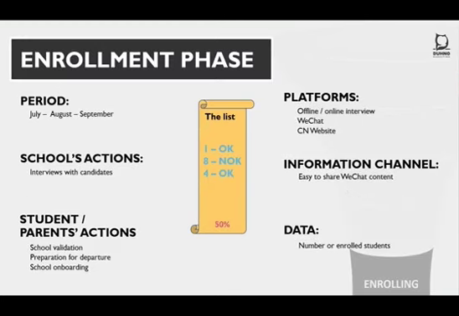Enrollment phase, the last one. So this is something that is already a bit out of the marketing phase, but we wanted to highlight it because there is still some interaction at this level. Enrollment, so people are validated. For example, here in the list in the middle, we have, say, school 1 and 4 have validated the students to come. So you have a 50% chance of winning.